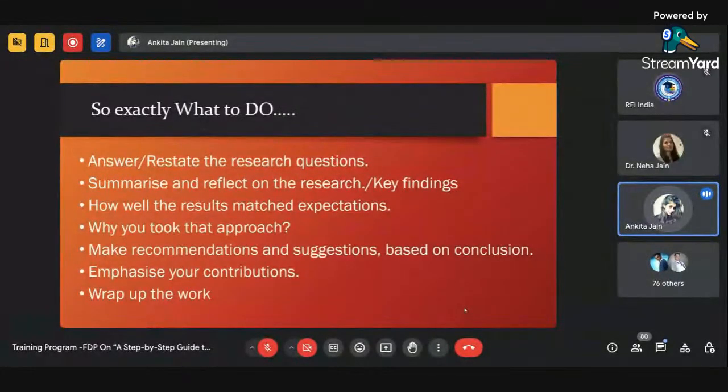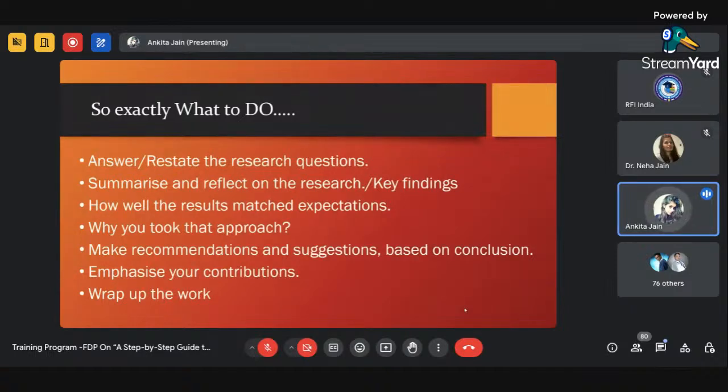Sometimes I have met a number of people who had expectations in their mind when carrying out a study, but when the results did not come as expected, they think, what should I do, have I done something wrong? So don't do this. Just think that whatever you have done was right, and then accept your results as they are. Don't manipulate the results. Ultimately, your study is saying that.